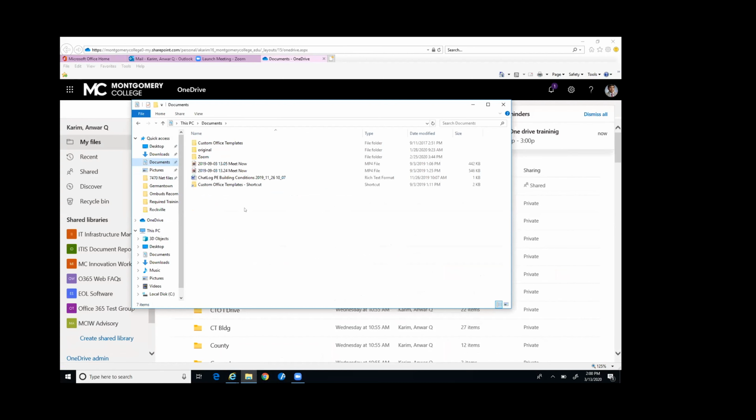So what you may have to do, or what you want to do in this case, is that in your computer, you want to enable OneDrive. So OneDrive becomes a drive for your computer. So if you look on the left-hand pane, and if you have a Windows 10 machine, your PC is already configured for OneDrive. All you have to do is sign into it. So on the left-hand side, I hope you can see where my cursor is. It says OneDrive. If I click on it,